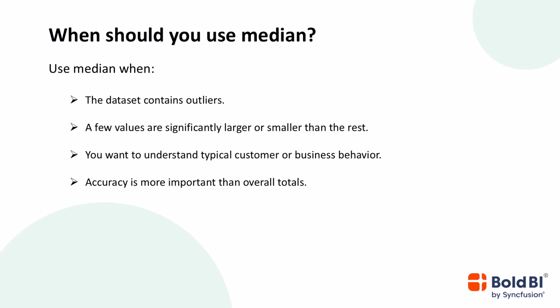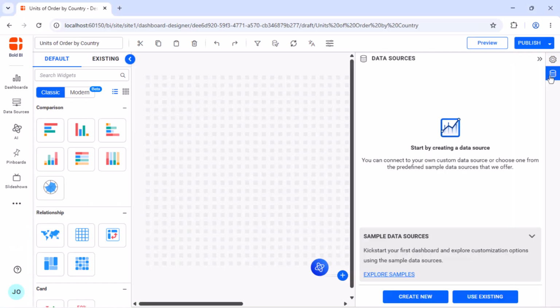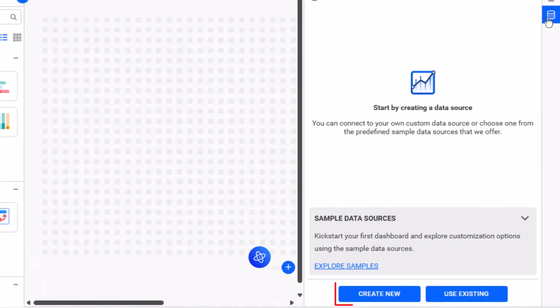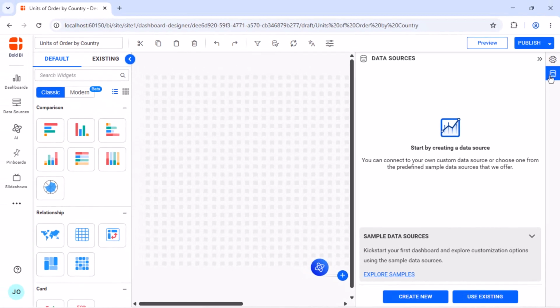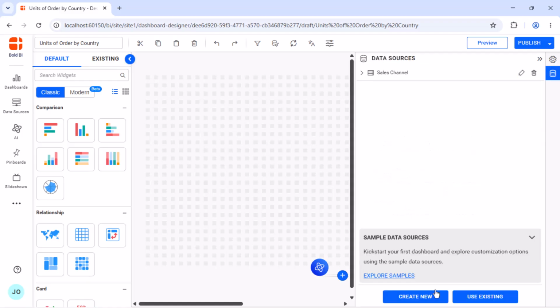Now let's see how easy it is to apply median aggregation in Bold BI. On the dashboard server design page, click the Data Sources icon to add a data source. You can either create new or use existing. In this example, we'll use an existing data source. Select the data source and click Add. Once the data source has been added,